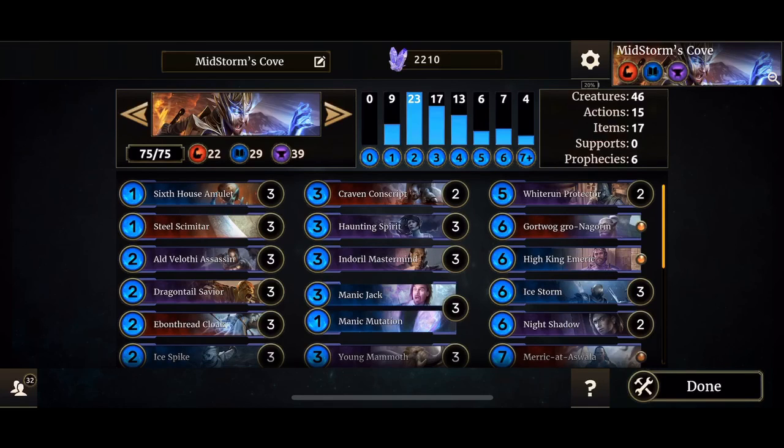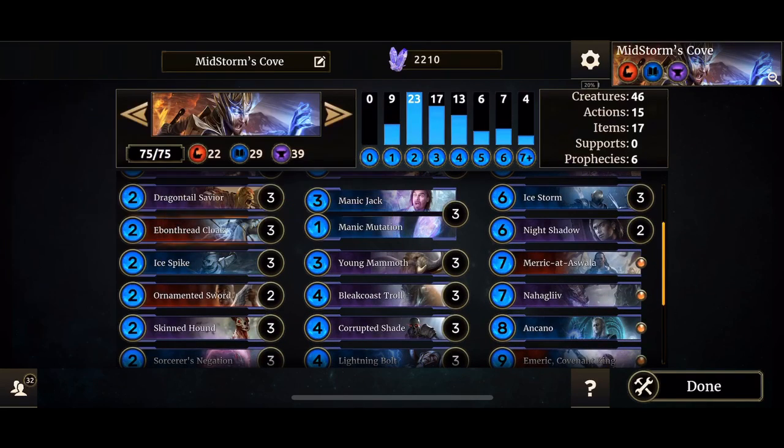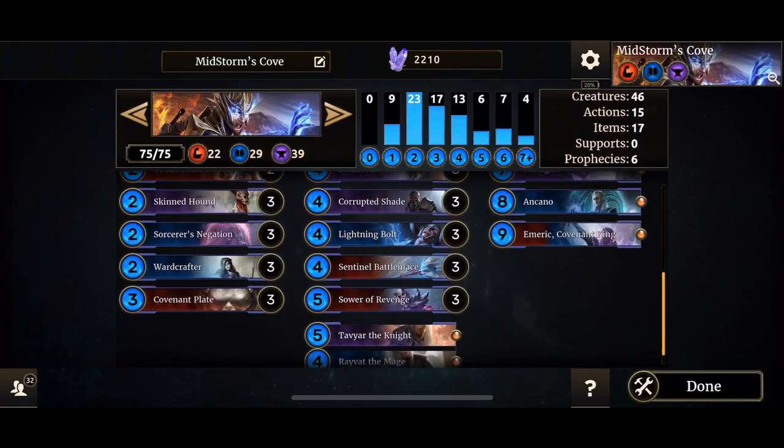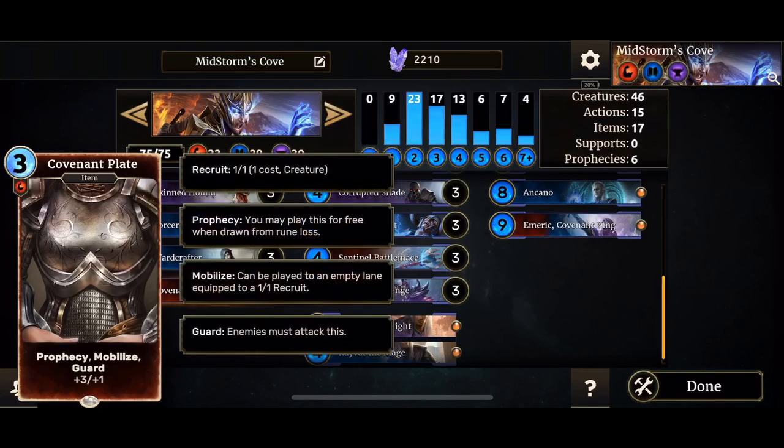So we've got 6 House Amulet, 3 copies, Steel Scimitar. It's a Covenant deck, so we have a lot of items. Advelocity Assassin, Dragontail Savior, Ebenheart Cloak. This is very good. Ice Spike, Ornament Sword, Skinned Hound, Sorcerer's Negation, and Wardcrafter with Covenant Plate for protection and,